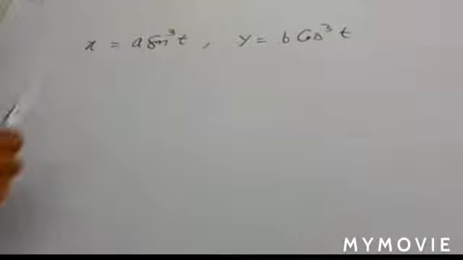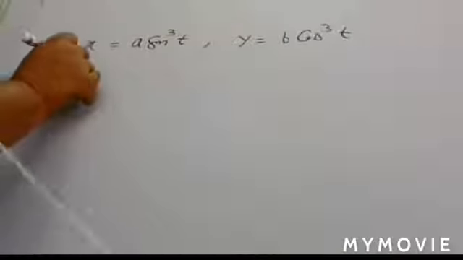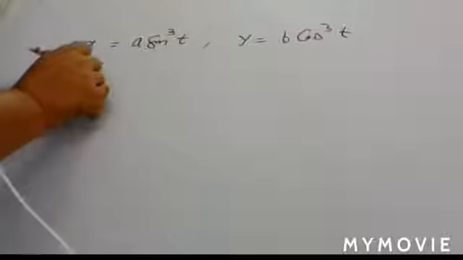Here you have to find the equation of tangent to the given curve at the point t. At the point t, the values of x and y give the required point, that is x1 and y1. So this x and y can be treated as x1 and y1 here. So you proceed. First you write its derivative dx by dt.